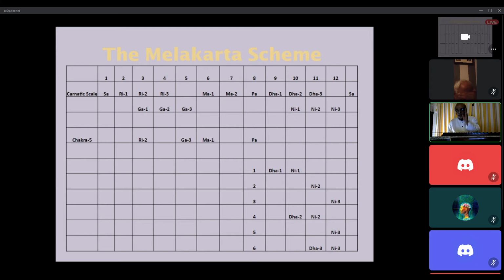Up to Pa, we're going to select one scale. I could have selected at random, but I deliberately chose the scale of what we call the set. A set is called a Chakra, here Chakra means set. From the fifth set, I have chosen this scale deliberately because this corresponds to the major scale. Right? R2, G3, and M1, Ma 1. So I told you, if you choose Ma 1, you can't choose Ma 2. So therefore, we've got R2,